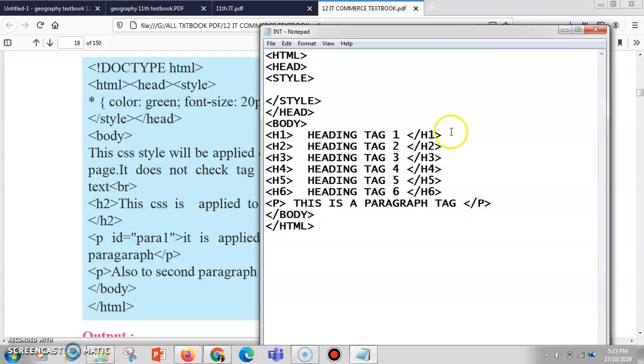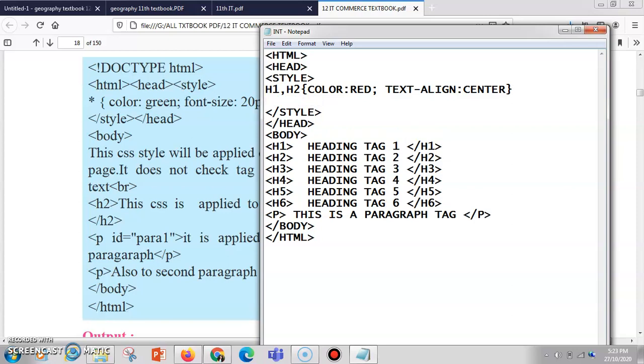Okay, so now here I will write h1, h2. And then I will assign a property that is color is red. And then one more property I'll be using that is text align. Okay, I'll be using a text align property. So I'll give the alignment as center. By default, alignment is always on the left side.